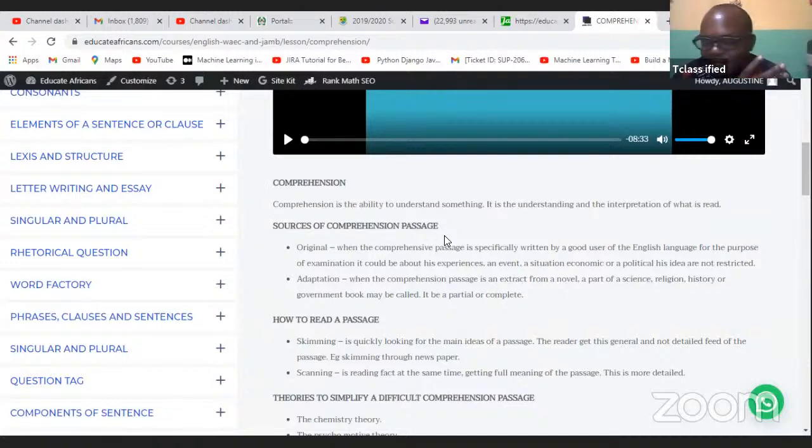So let's take an example of skimming. Now, when you get a newspaper, you continue to flip through because you want to get to the part of the newspaper that you're interested in. Some people are just interested in fashion. So they will go to the part of the newspaper where they have fashion. But before you get to where there is fashion, you have to be looking through other headlines so that you don't pass the fashion. So you're skimming through.